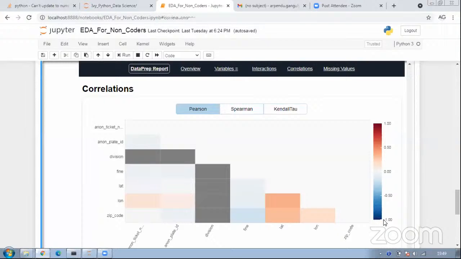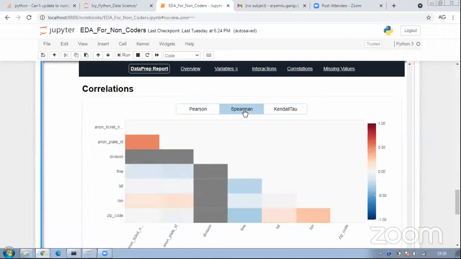Correlation always ranges from -1 to 1, and obviously every variable will be correlated with itself, and hence we just have this upper frame. For example, division does not have any values, it shows NaN. Here we know if it's a negative or a positive correlation. We can also switch between Spearman, Pearson, and Kendall-Tau, the three different correlation measures that we have, and it allows us to check that also.